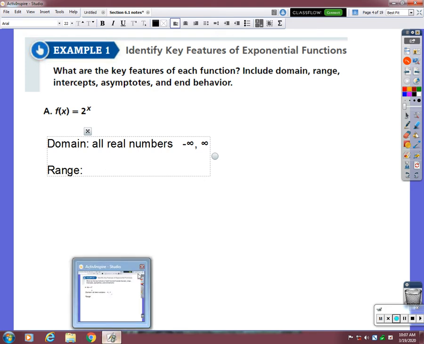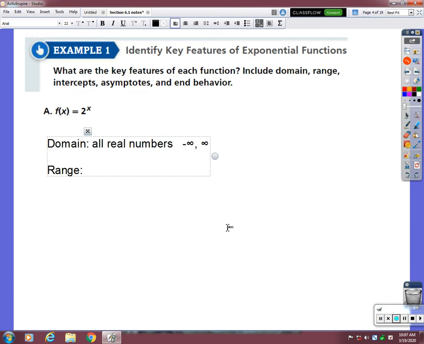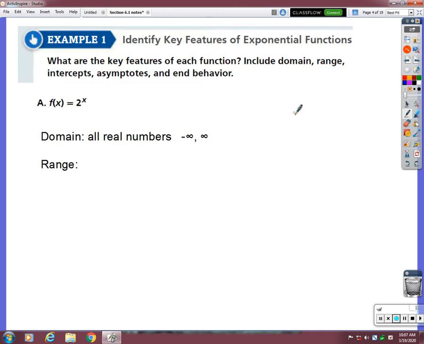We could, oh, no, I don't have internet right now. So normally we'd go take a look at that on Desmos. So I'll just make a graph here by hand. So y equals 2 to the x. If I plug in 0, anything to the 0 power is 1, so we know it's going to cross the